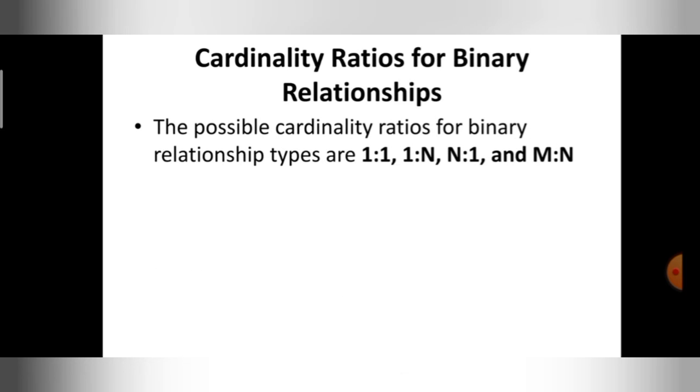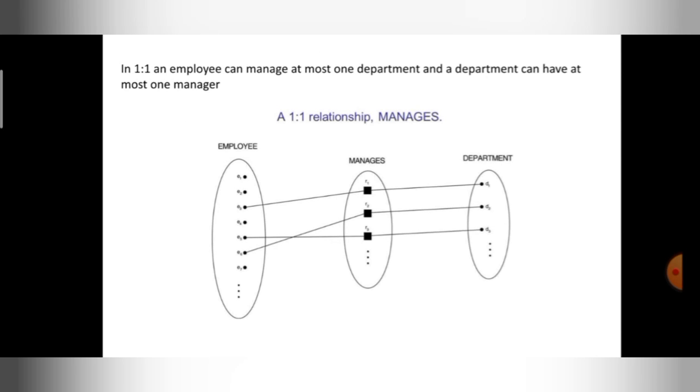So see here, in cardinality ratios there are 4 types: 1:1, 1:n, n:1, and m:n. So 1:1, here I already told you, I can specify how many instances can participate in the entity. 1:1 means only one instance can participate in both the entities. I can restrict the number of instances that can participate in the relationship. For example, this is the example. Here 7 employees are there, 3 departments are there. I can restrict that only one entity can participate in both the